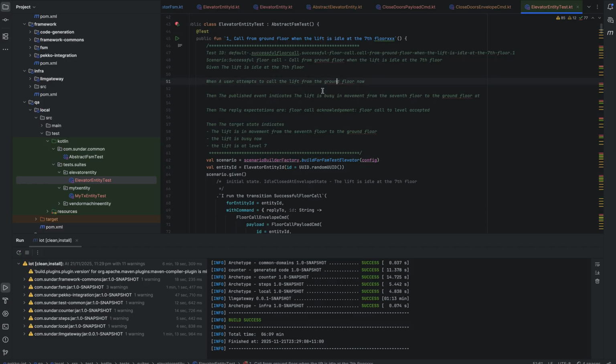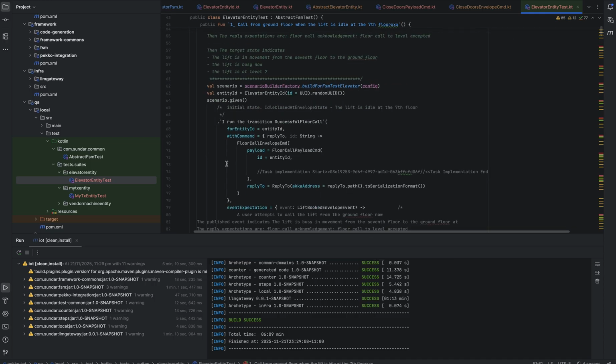is from ground floor, then published an event. So this description here is the scenario that defines the finite state machine. And here I have the scenario builder. When I run the transition successful flow, I do have,